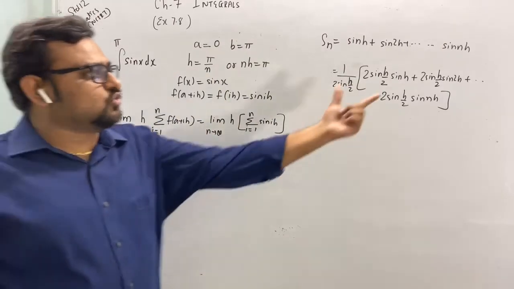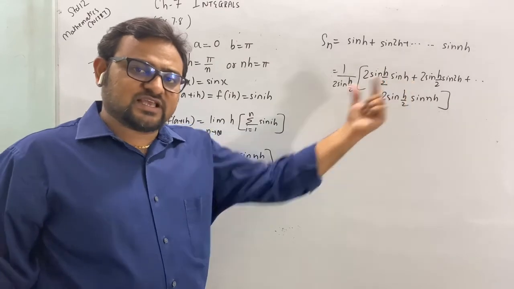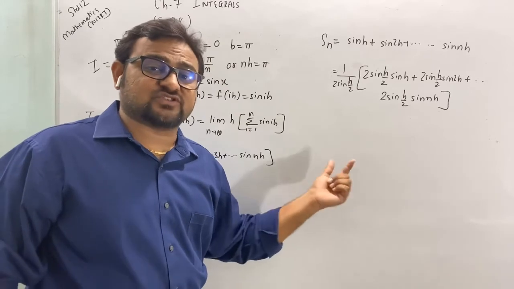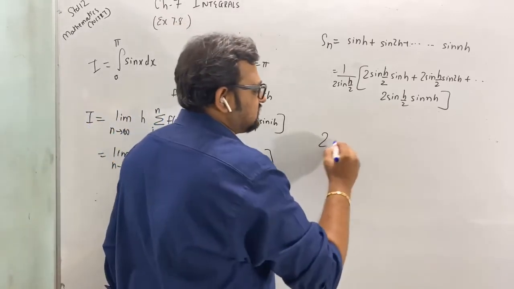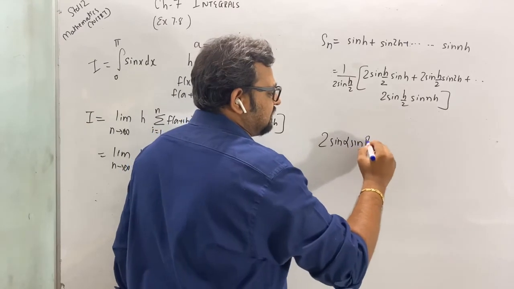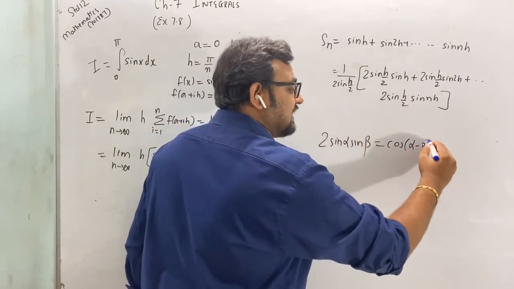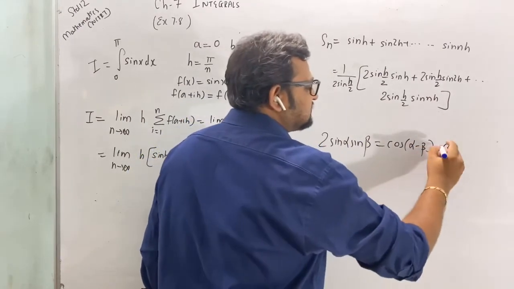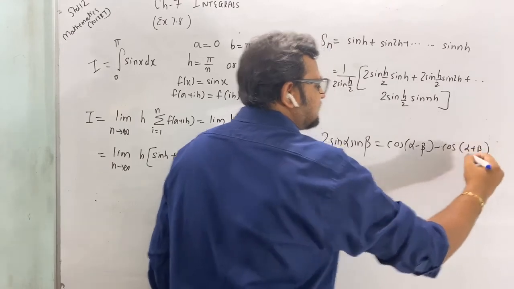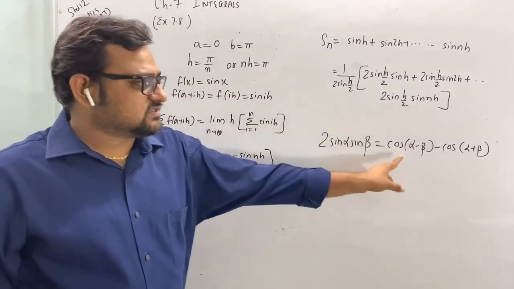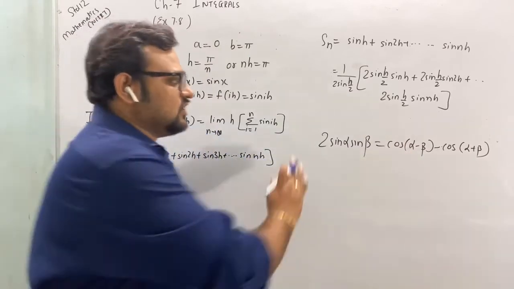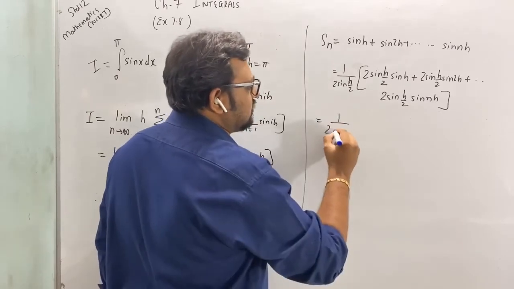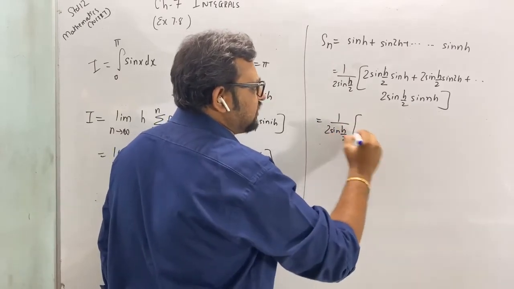Now, 2 sin sin. What is the formula for 2 sin sin? It is cos minus cos. But when you are using cos minus cos, first you have to subtract. The formula was 2 sine alpha sine beta equals cos of alpha minus beta minus cos of alpha plus beta, right? 2 sin sin is cos minus cos, but first you have to subtract it. So I will use the same here, 1 by 2 sine h by 2.